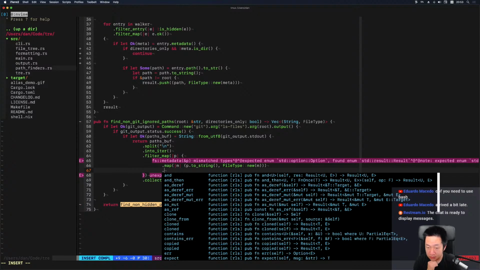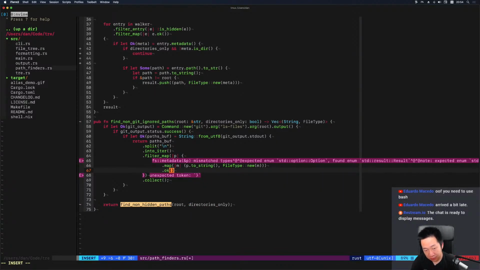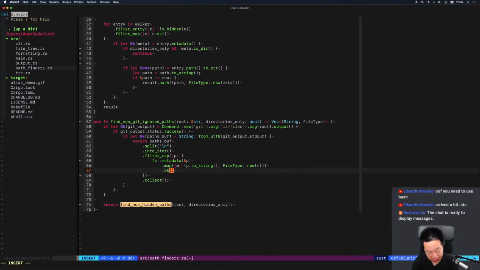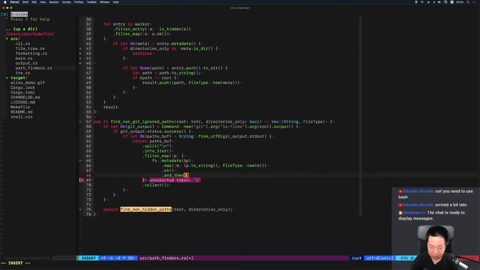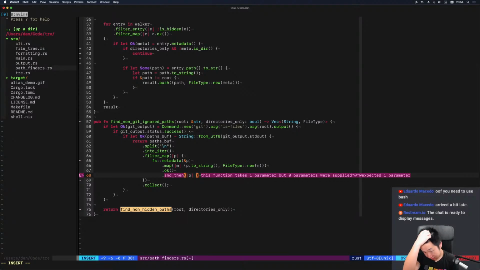So let's take the result. The problem is that I don't want to deal with errors whatsoever. So converting it to OK is correct. But what other options should I chain it with? I think it's and then. We take the pair. And here we say if the second value of the pair